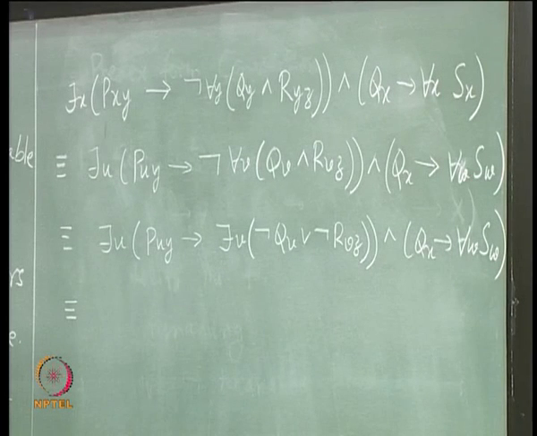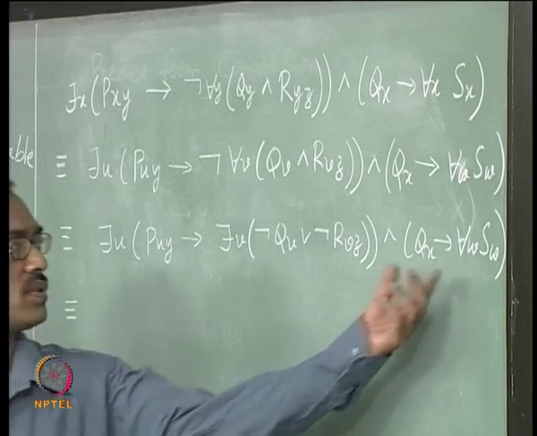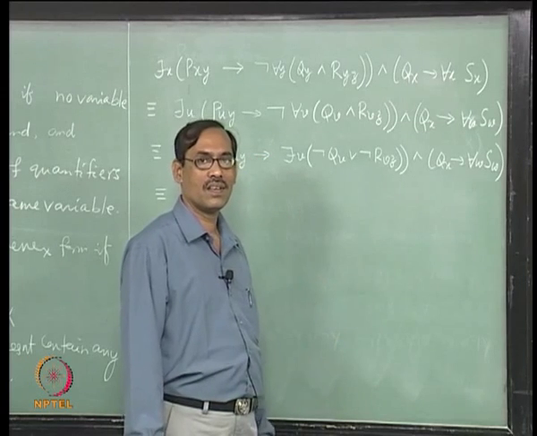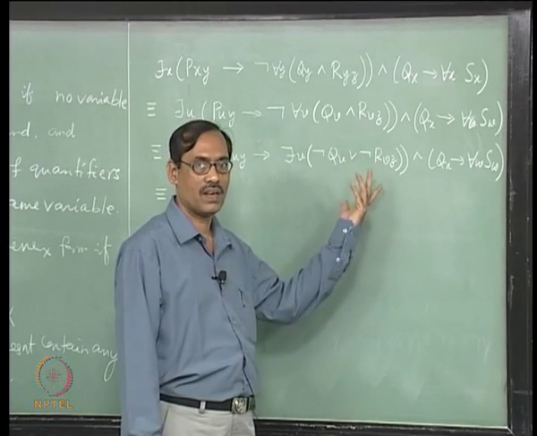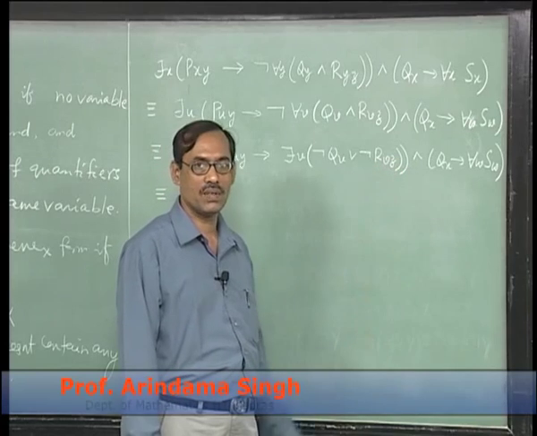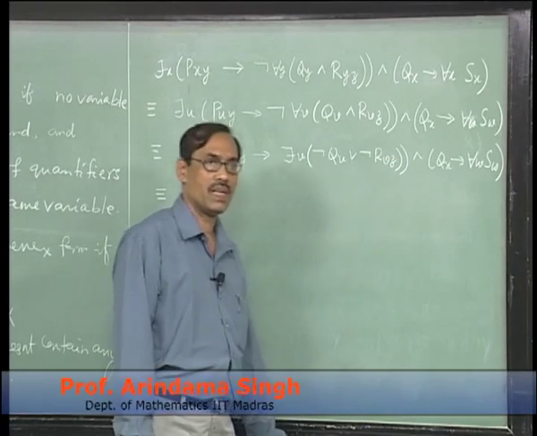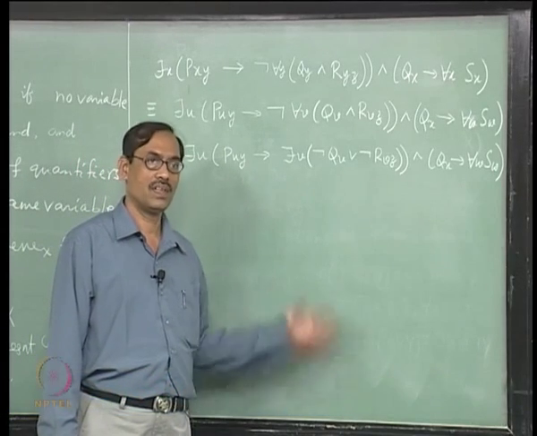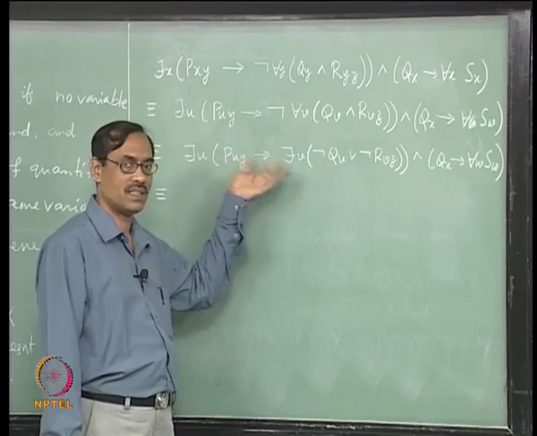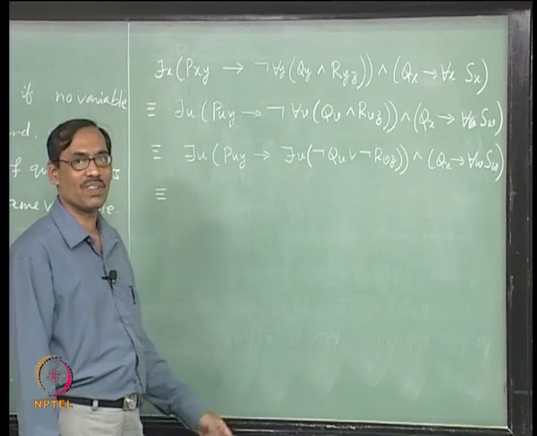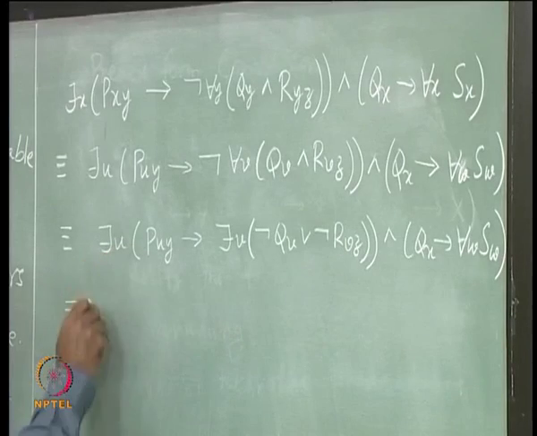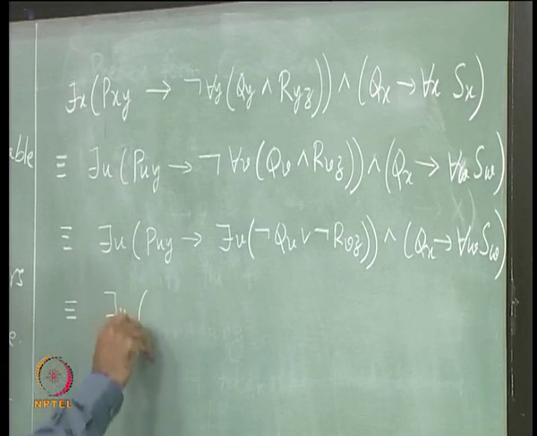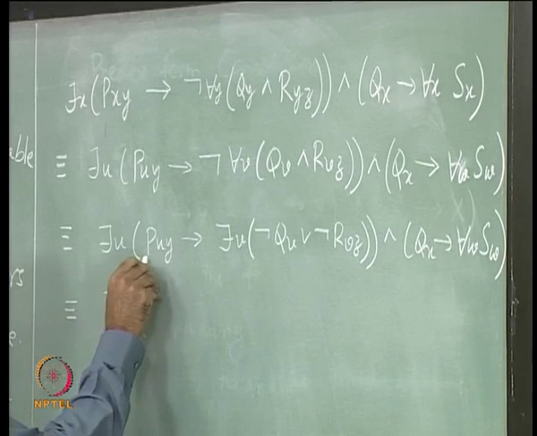So, next is the distribution laws to pull the quantifiers to the beginning. Usually it will be easier if you start from the innermost things, you have to start from somewhere. If you can identify the innermost, it will be easier manually, but in a machine when it is implemented, it will go from the left side, it just scans from the left, whatever it finds it tries to pull. So, let us follow that, see what happens. So, this becomes, there is u, it is already in the beginning, I do not have to do anything. Now, this is the formula.